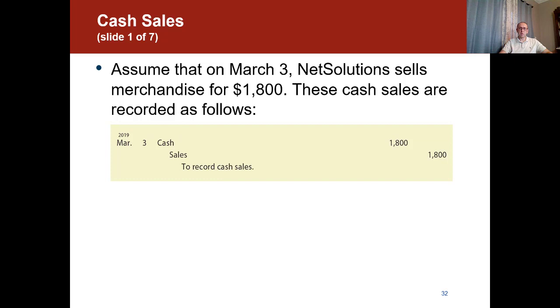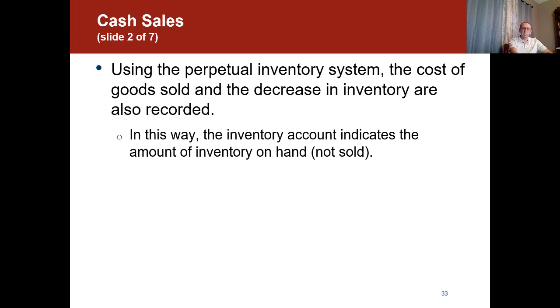And then on the credit side, we record the same amount, which is $1,800, for sales. And again, remember, sales is a revenue. It's recorded on the credit side whenever we are increasing. So using the perpetual inventory system, which is the one that we're going to focus on in this chapter, the cost of goods sold and the decrease in inventory are also recorded. So in this way, the inventory account indicates the amount of inventory in hand not sold, or in other words,